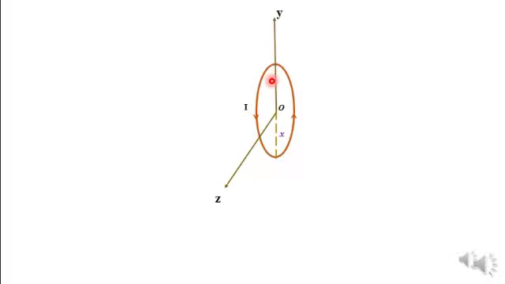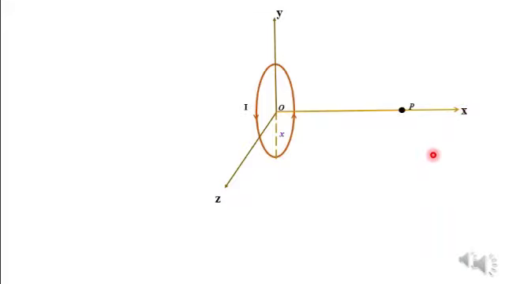Consider a current carrying conductor in the form of a circular loop of radius x with center O at the origin of the coordinate axis. Let I be the current flowing through this circular loop. The plane of the loop is along yz. X-axis is the axis of the loop. It is always perpendicular to the plane of the loop.